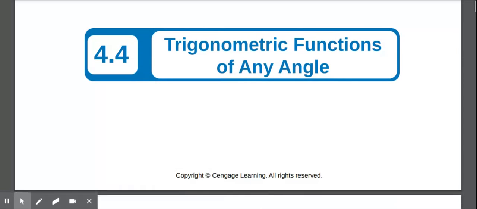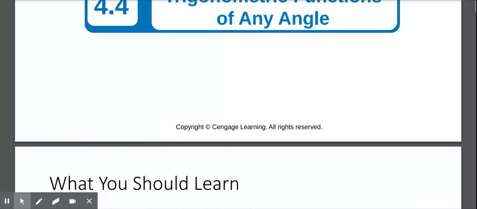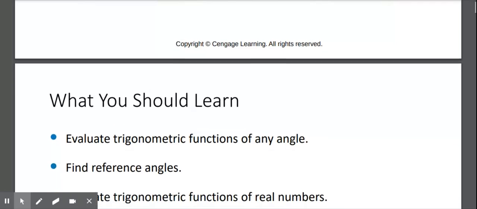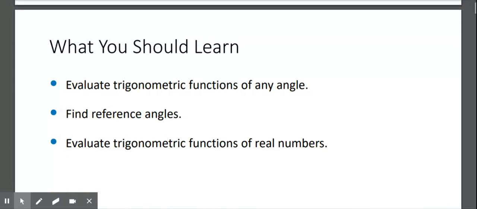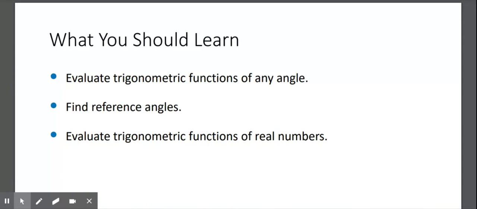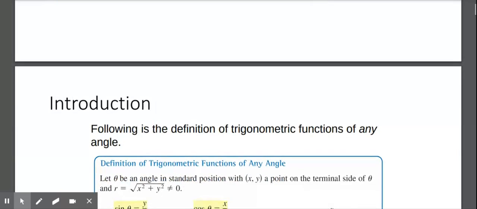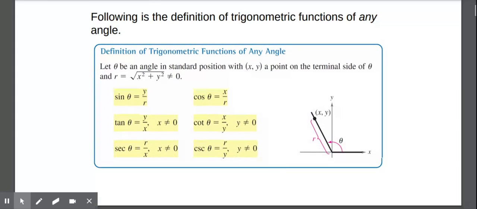And so we're putting these two things together to hopefully make it all come together for you. So what you should learn in this section is that we are going to evaluate trigonometric functions of any angle. We're going to find reference angles, and we're going to evaluate trigonometric functions of real numbers. So just a reminder,